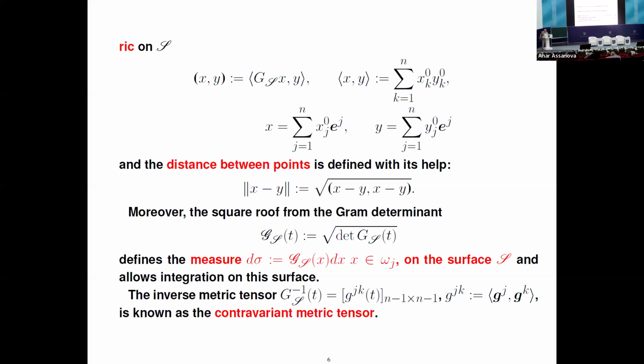If there exists a function such that it has a non-zero gradient in some set. The gradient, the vector of partial derivatives of this function, is not zero. And those points where this function becomes zero,